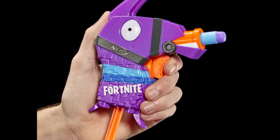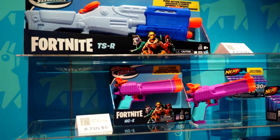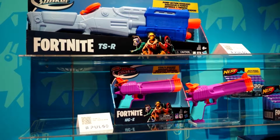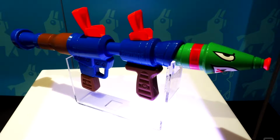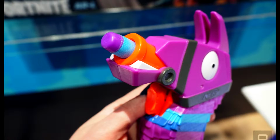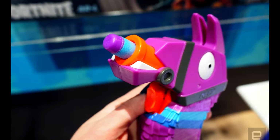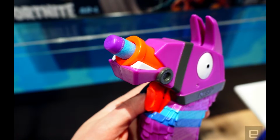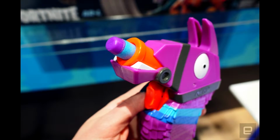The Super Soaker crowd has multiple tools in its arsenal as well. Fortnite's tactical shotgun is available as a pump-action water blaster for $20, while the rocket launcher showed up as the $20 RL. Thankfully, you aren't actually firing water-filled projectiles. And if you're looking for a Fortnite take on the classic squirt gun, the HCE hand cannon will be available for $10. The lineup officially reaches shelves on March 22nd, with pre-orders available both through Hasbro as well as Amazon